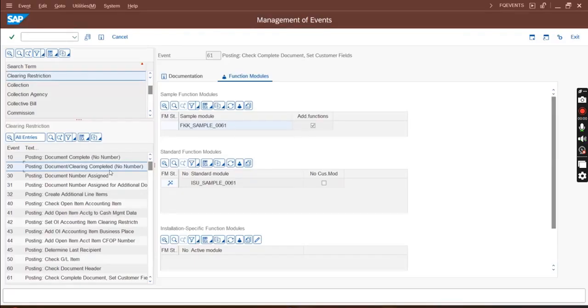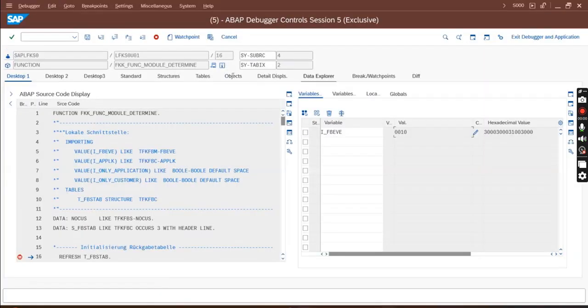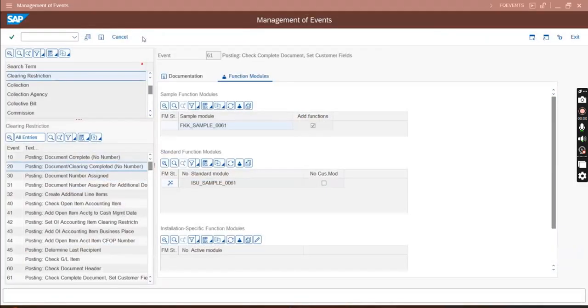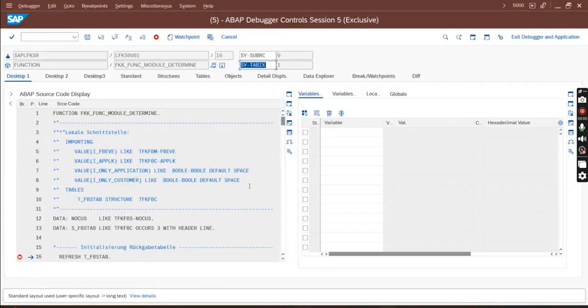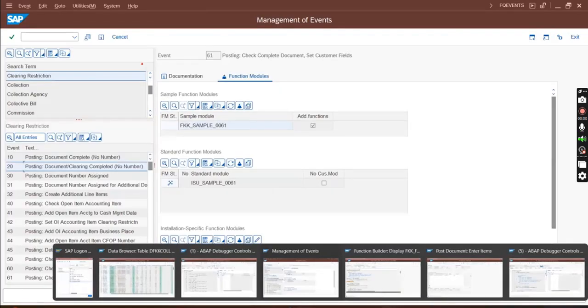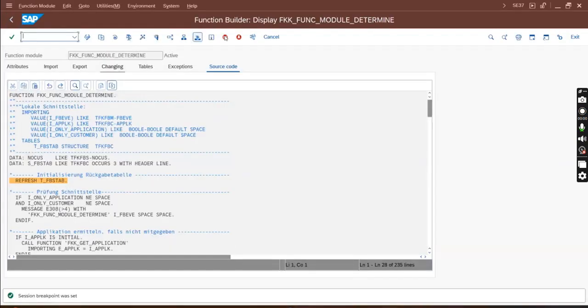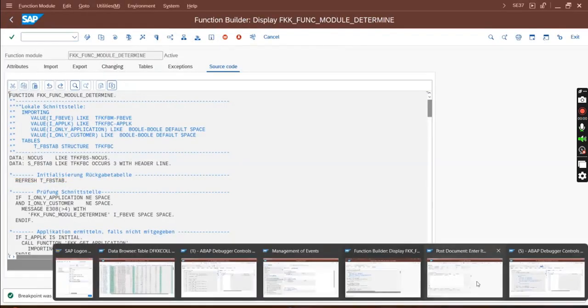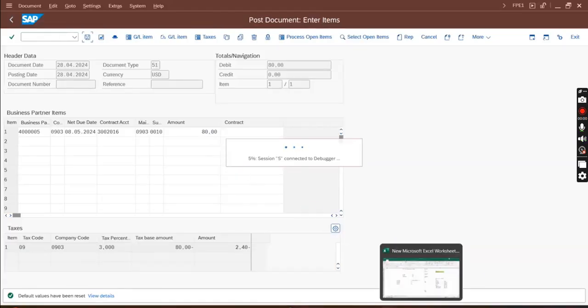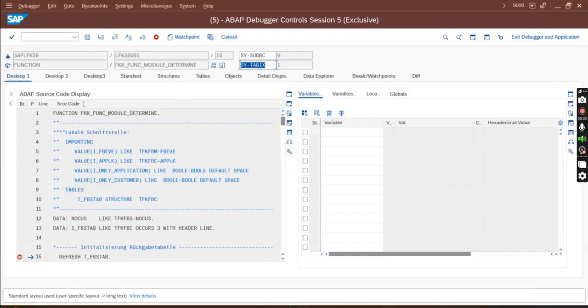Okay, so now I am at event 10, 113, 30. So many events are being called. Now it is posted. Okay, so let's see whether my document is successfully posted or not. I'll just turn off the breakpoint. Just click again, it will delete the breakpoint. Okay, so I forgot how much. Okay, $80 I posted now. So let's see, did I post?